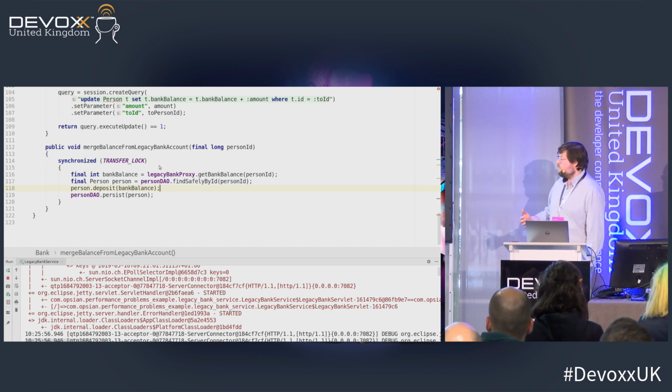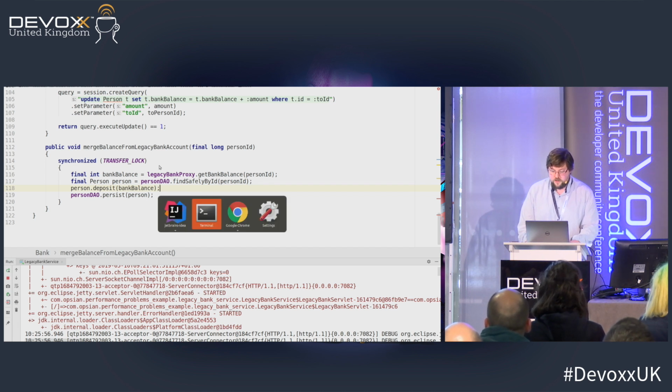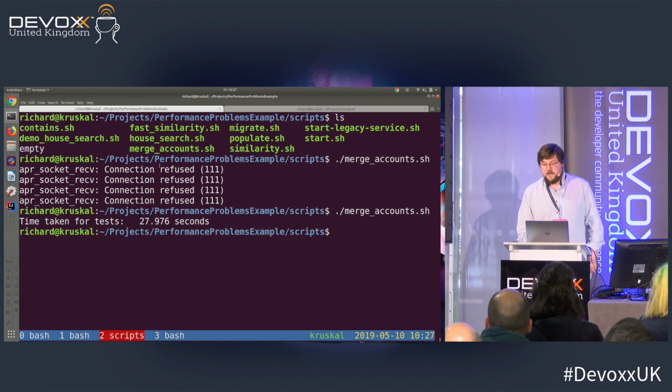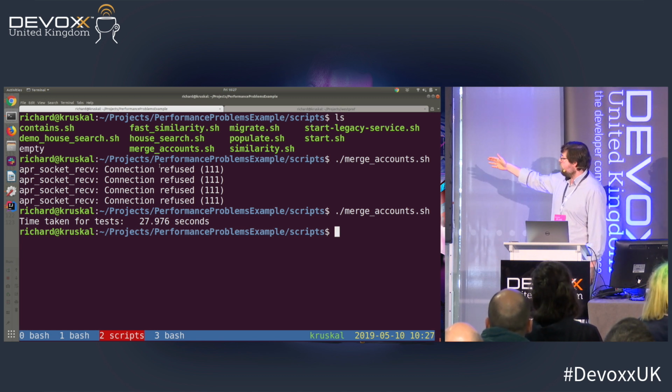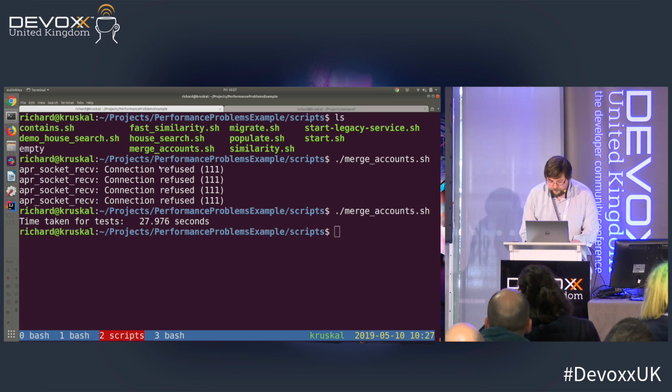And because these things potentially could be running concurrently with other operations, that's why we ended up with this big transfer lock at the top to try and avoid any race conditions on that. And performing these merge accounts operations ended up taking 28 seconds on our machine. So,